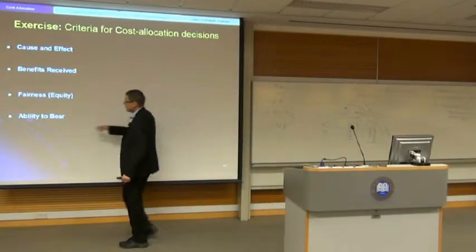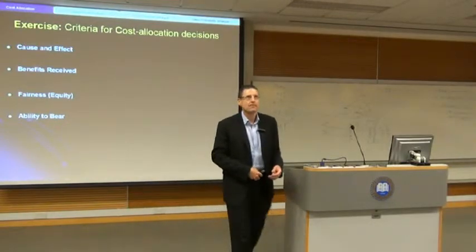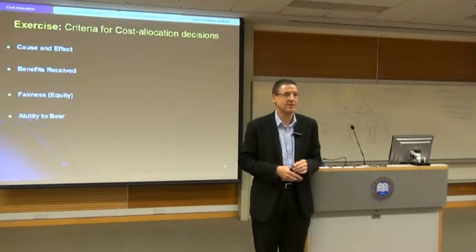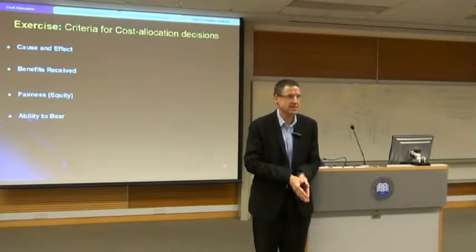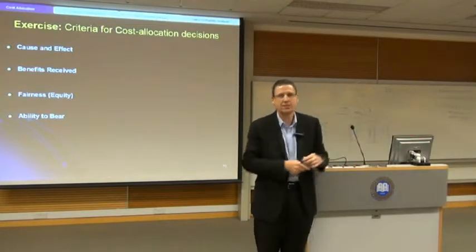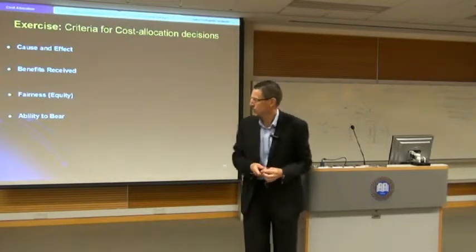Ability to bear, what do we mean by that? It may be in terms of how big one division is versus another, even though they're using the same amount of space. This division has much more ability to bear, much more ability to pay for that rental. So,